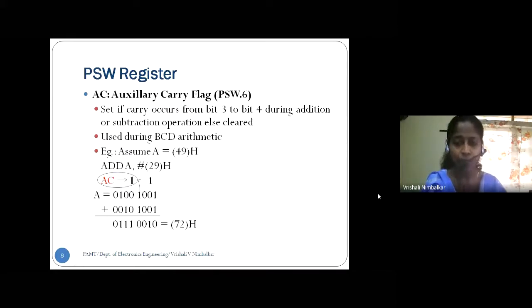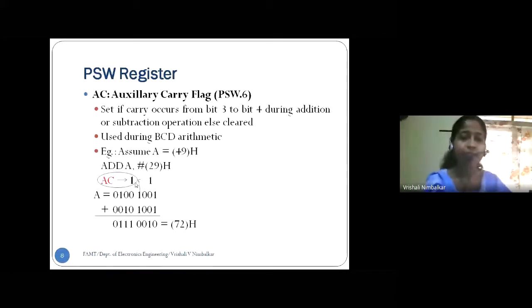If the auxiliary carry is set or if the answer is greater than 9, it's an invalid number. We add 6 to the answer to get a valid BCD number. That is where this auxiliary carry flag is important. Is that okay? That was the auxiliary carry flag, PSW.6. If there is no carry, the bit is cleared. It will show 0. Okay.